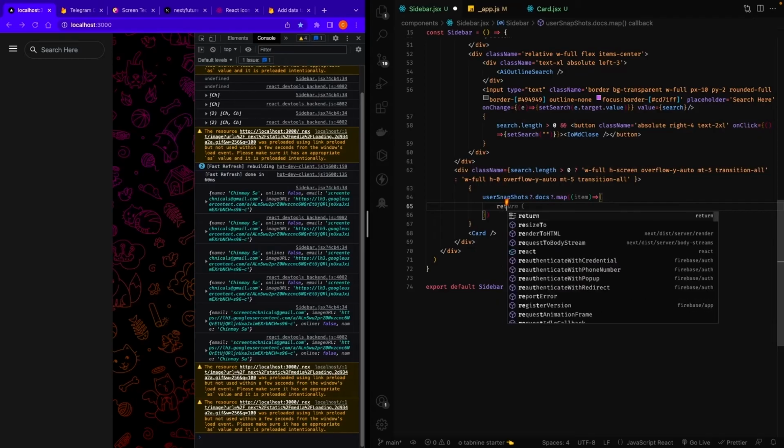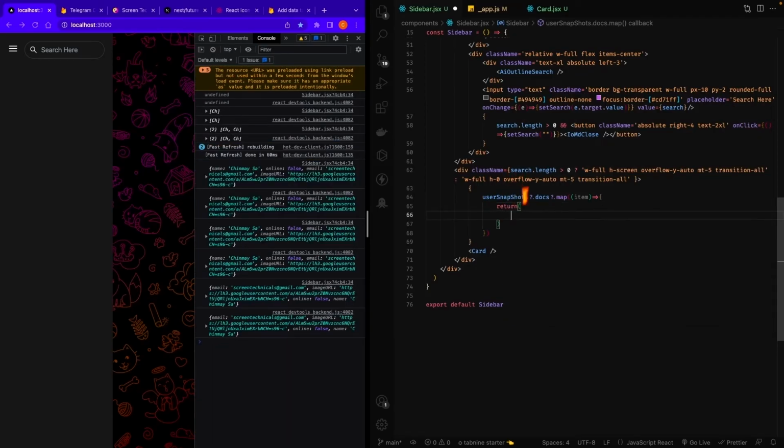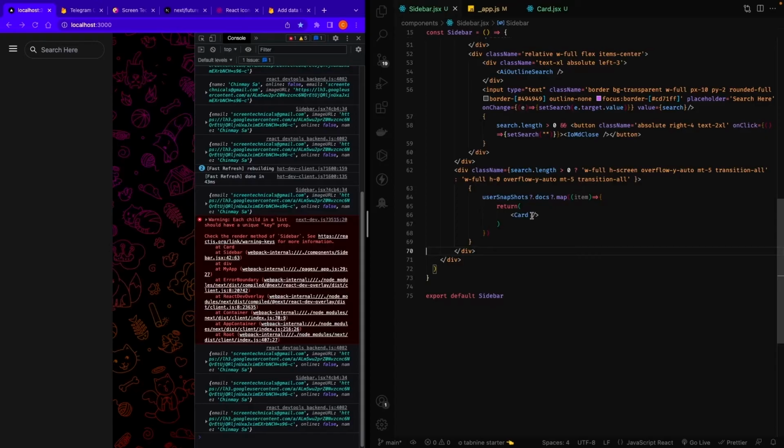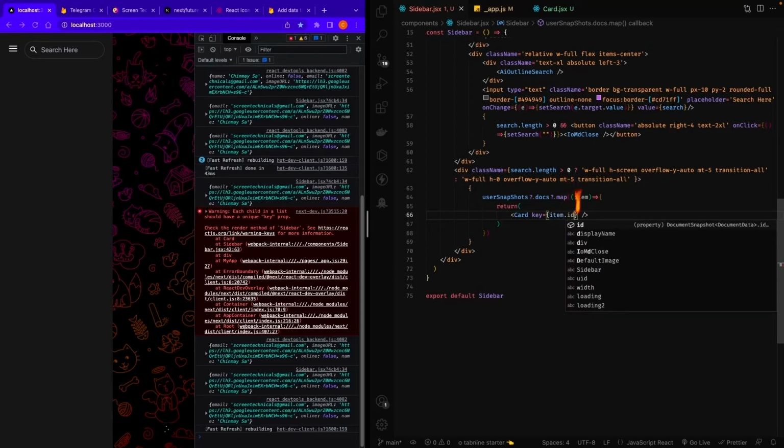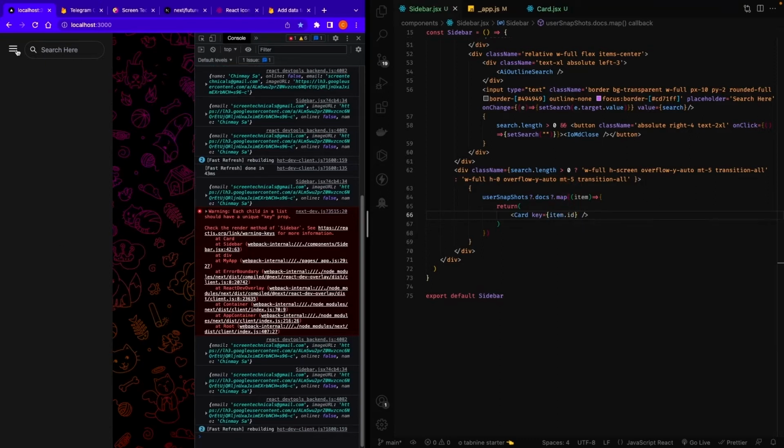Then I want to write return my card component, just like this. And just remove this from here, save it, and we need to pass the key. So key is going to be my item.id. Save it. Now let's come to this point,